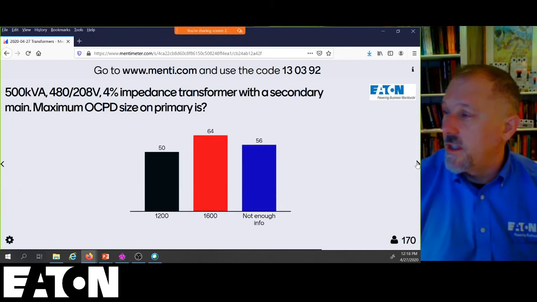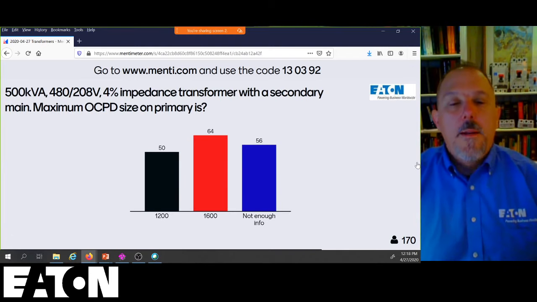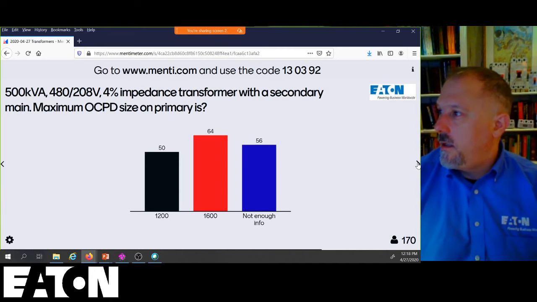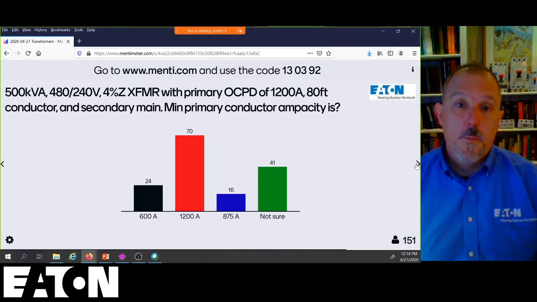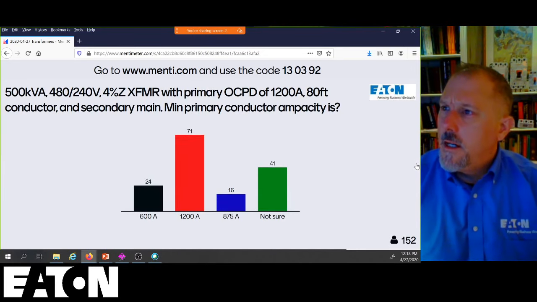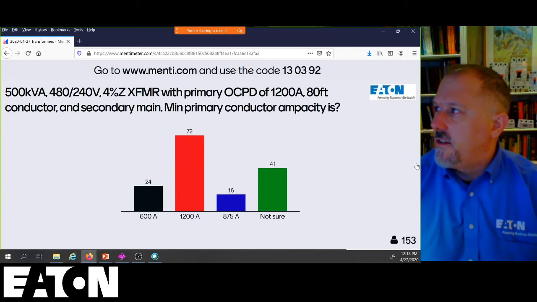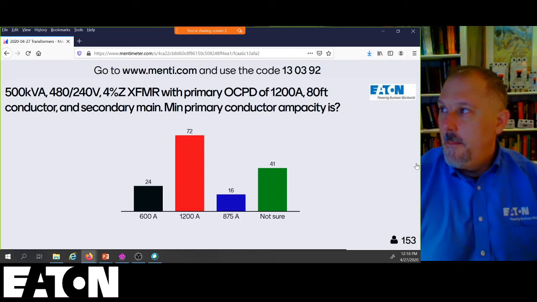I'm going to do a transformer example, and we're going to calculate everything we need to know. We're going to beat that transformer up. The principles, once you do one, in my opinion, you're pretty solid on all. You've got the basics down. So this is a primary overcurrent protected device of 1,200 amps, 80 foot of conductor, and secondary main, minimum primary